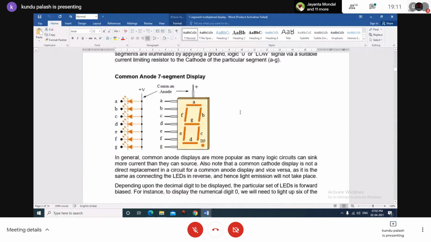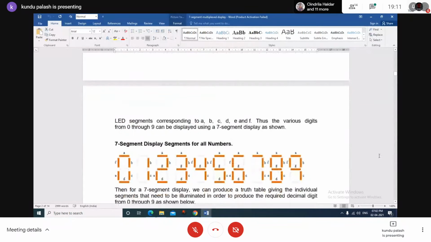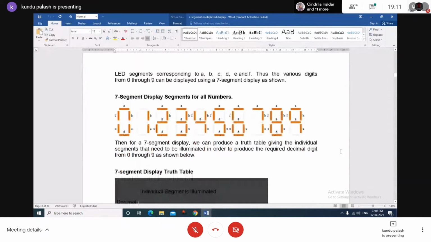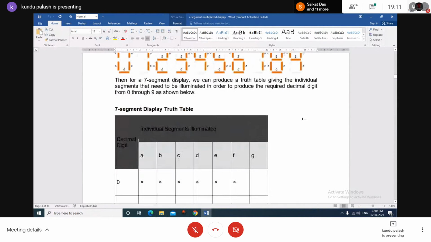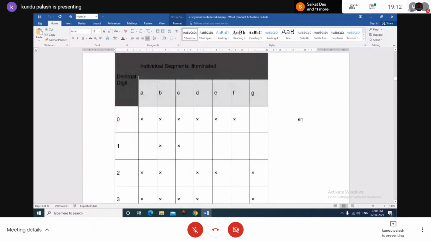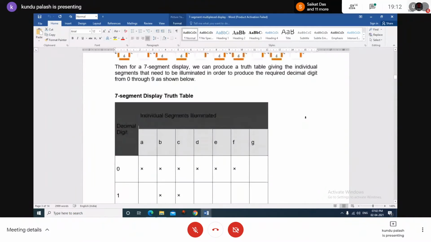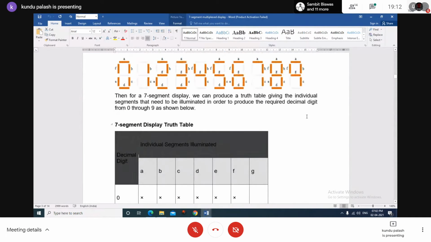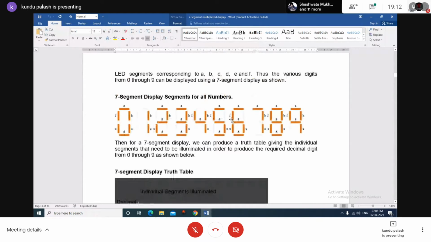So that is the operating principle of the segment LED, and this is the segment display which displays the 10 decimal symbols. So this is an example. This is a truth table for displaying the characters. The truth table is called a decoder circuit, a display decoder circuit,